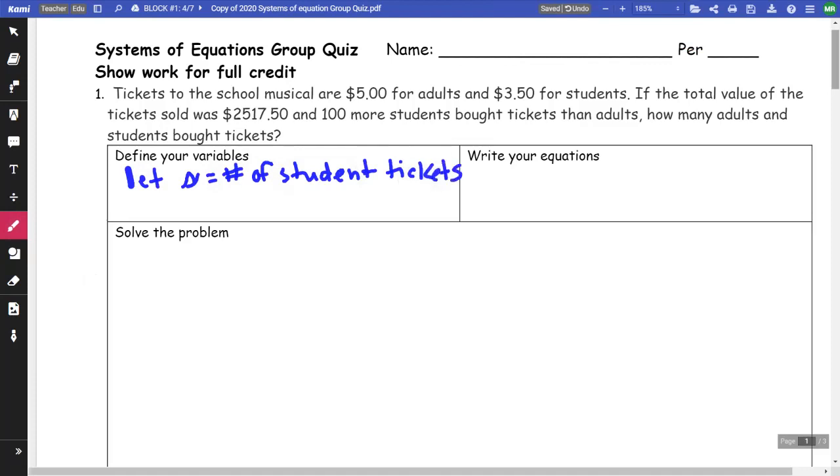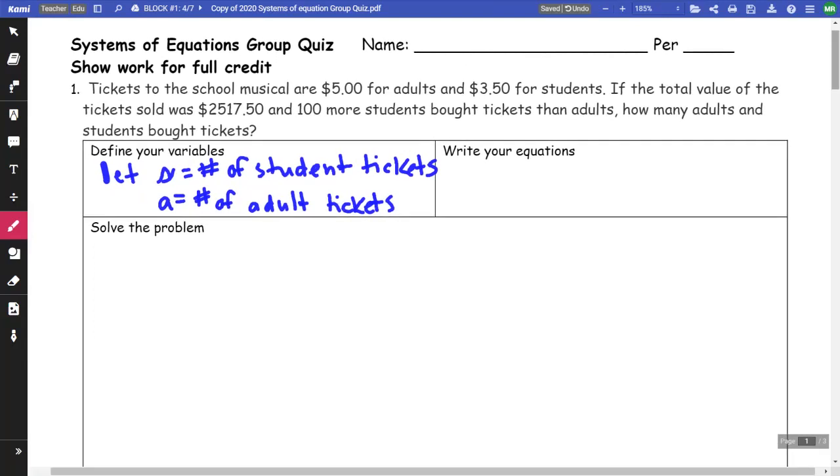And I'm going to let A equal number of adult tickets. And then we're going to write an equation for two equations. So one of them, I know it's $5 for adults. So I'm going to do 5A plus 3.50 for students. I'm going to do 3.5S, and that equals